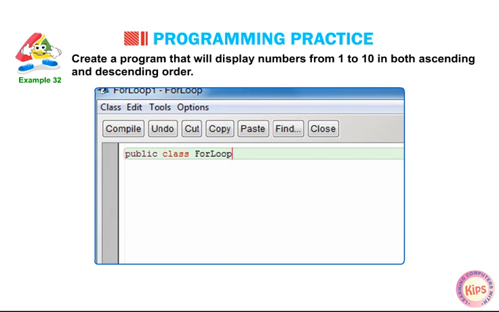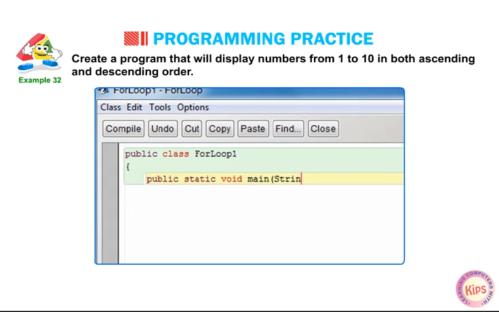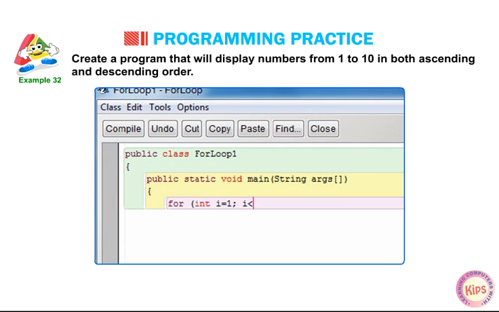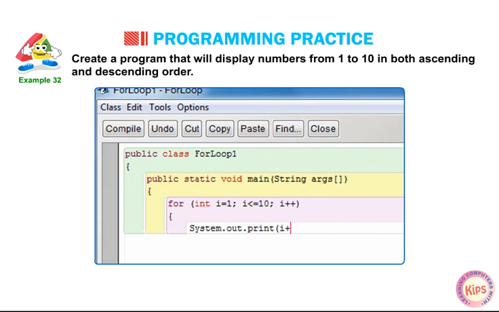public class ForLoop1 { public static void main(String[] args) { for (int i = 1; i <= 10; i++) { System.out.print(i + " "); }